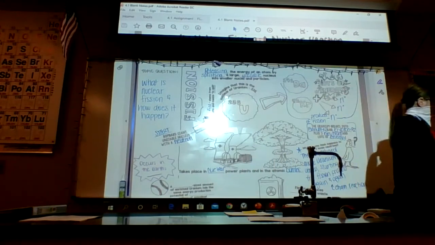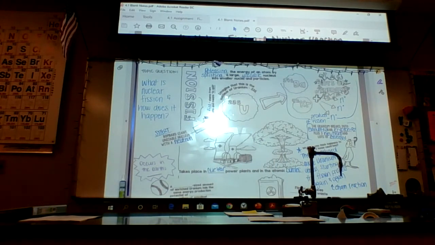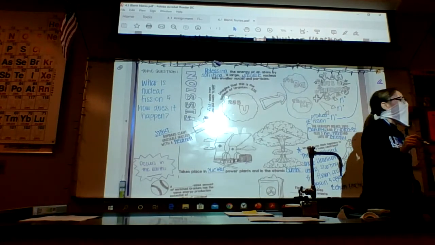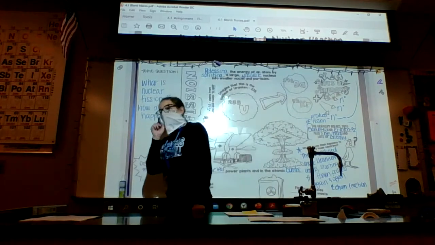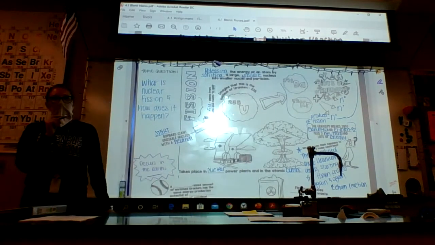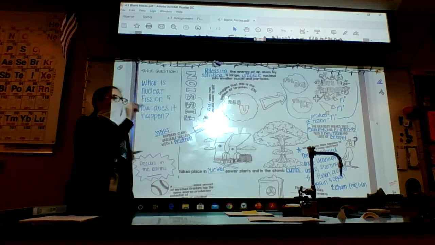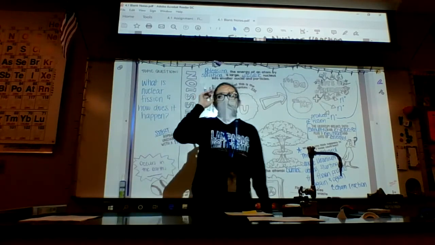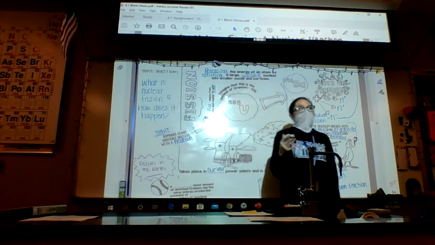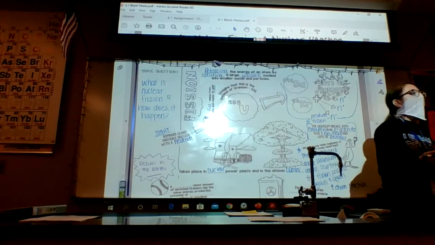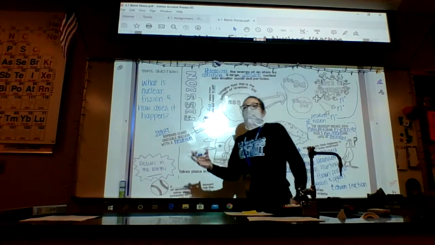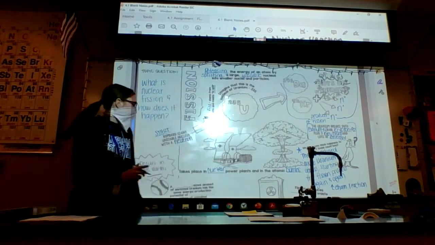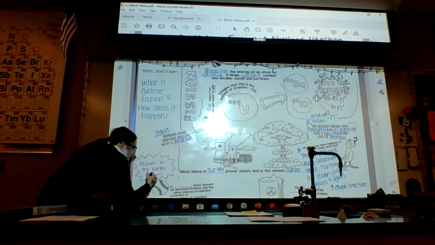Okay, there's another place that fission occurs. If you think back to some geography class or social studies class, and you talked about the layers of the Earth, what's in the middle? The core. What does the core look like? It's like lava, kind of. It's really, really hot, magma-like, because of fission. Fission also occurs in the Earth's core.